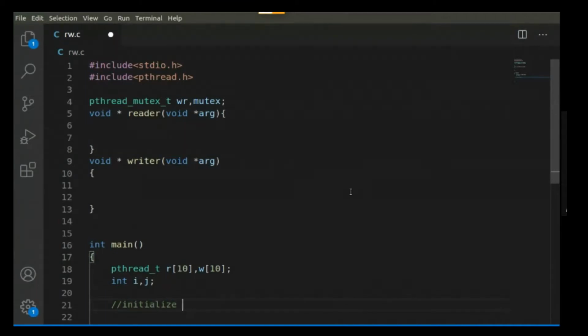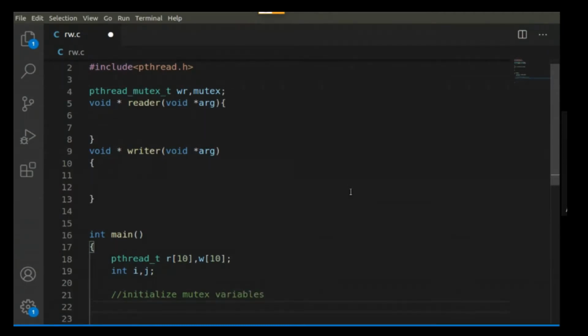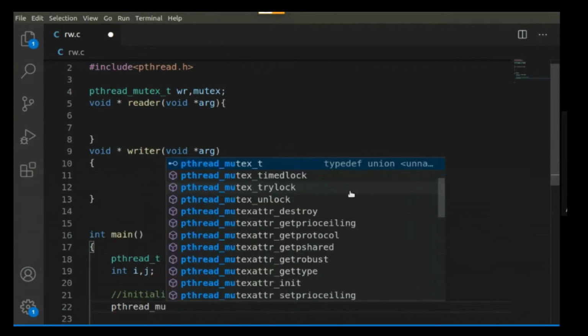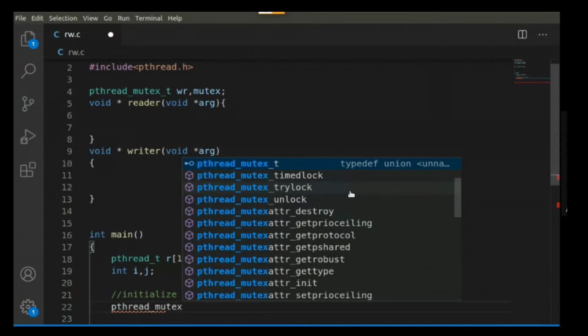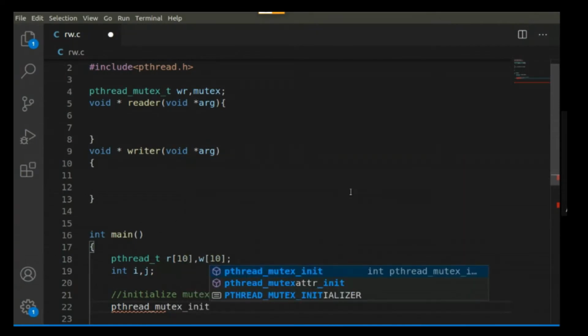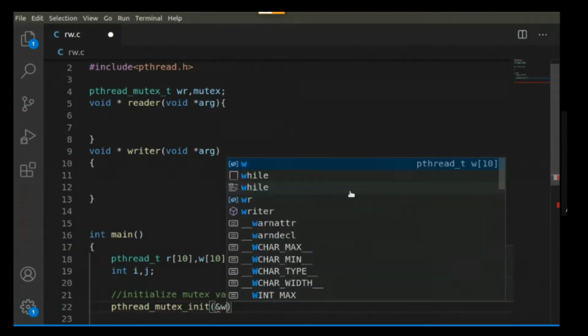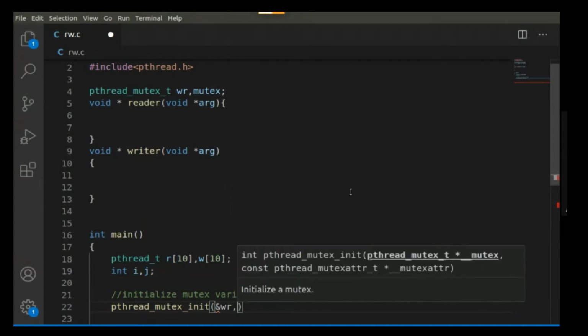Then next, initialize the mutex variables. The function for initializing a mutex variable is pthread_mutex_init. Its parameters are the address of the mutex variable, that is wr, comma NULL.